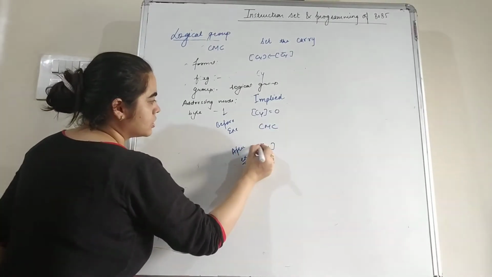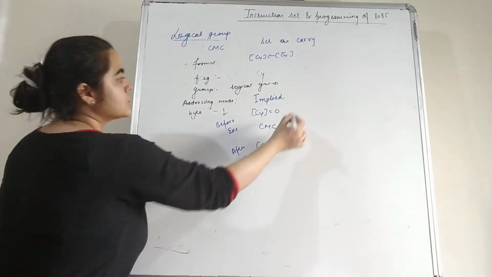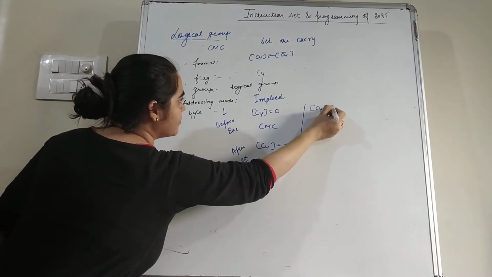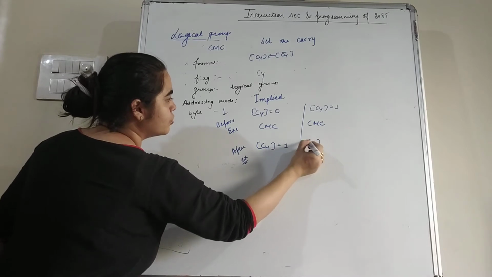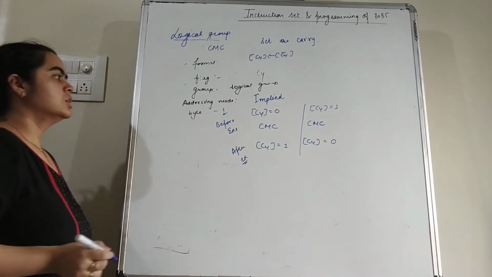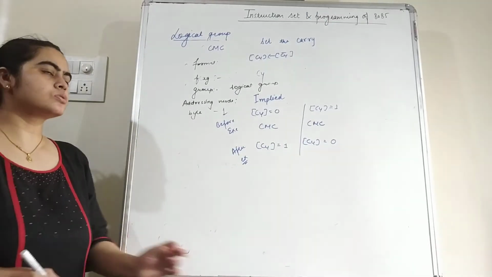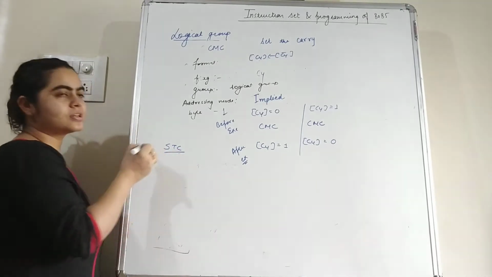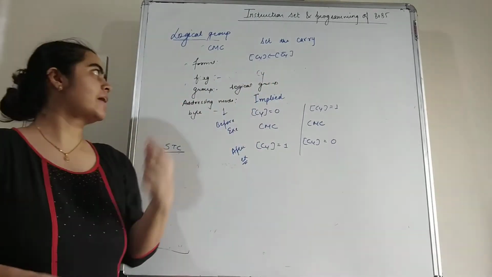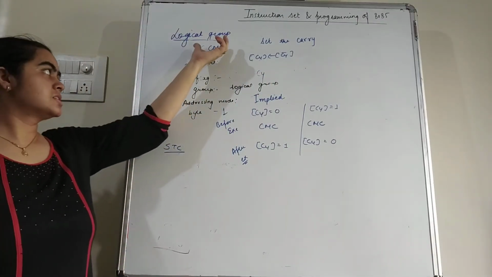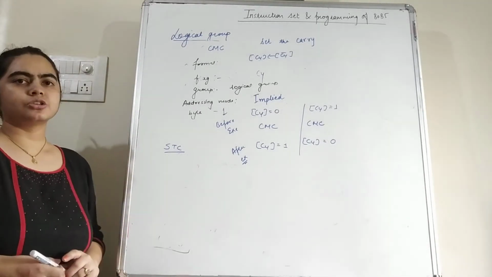So after executing this instruction, now we have carry flag equal to 1. Second example, suppose in carry flag we have initial value 1, then after executing CMC, the new value in CY is equal to 0. So that means it will complement the value from 0 to 1 or from 1 to 0, and STC will always set the value of the carry flag. According to these instructions, only CY is affected because we are only dealing with the carry flag. So this is about the logical group.